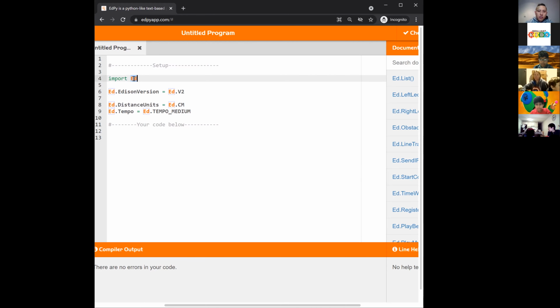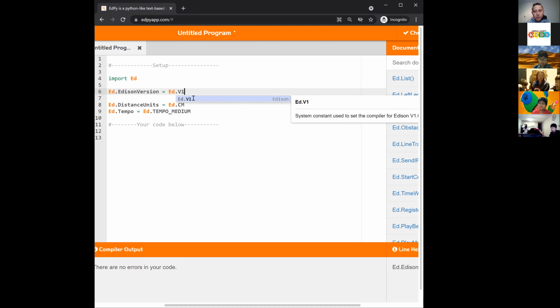From the box of Edison things, you can check what version Edison is using. This is similar to a variable. If you remember what a variable is, like for example the count, you can assign a number, or whatever thing to it. So this says we're using Edison version 2, not version 1.